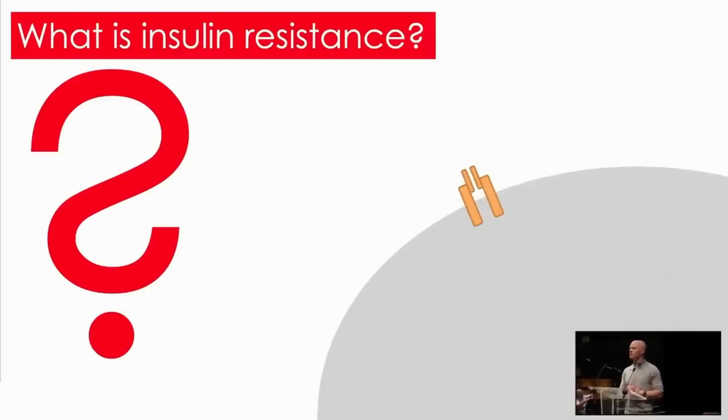To understand insulin resistance, we want to understand it from the level of the cell, because when we say insulin resistance, that is a cellular phenomenon. And this could be any cell in the entire body. It doesn't matter, because every cell of the body has a little door for insulin to come and knock on, called the insulin receptor. Literally every cell, and I don't use the word literally like the kids do these days. I don't use it too liberally. I mean literally every cell of the body has an insulin receptor. From brain cells to bone cells, lung cells to liver cells, and all the cells in between, insulin will come and tell the cell to do something.